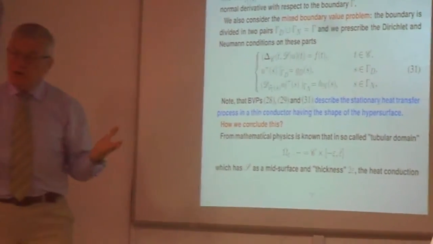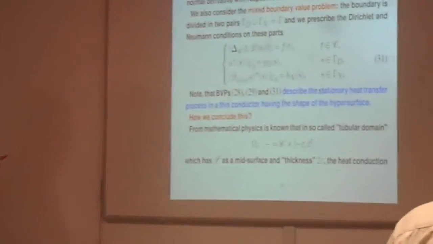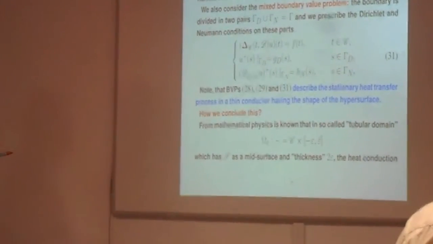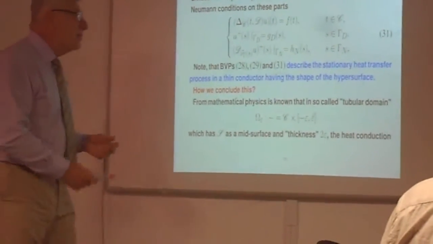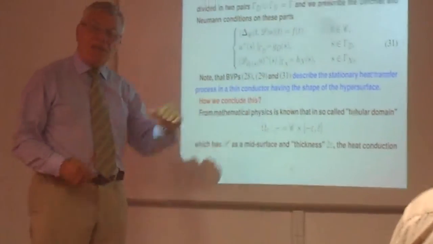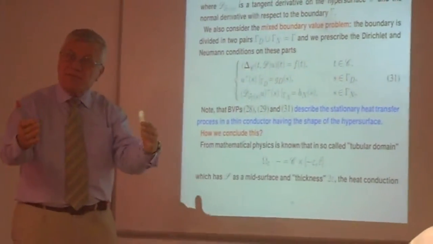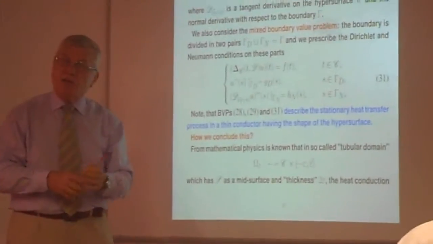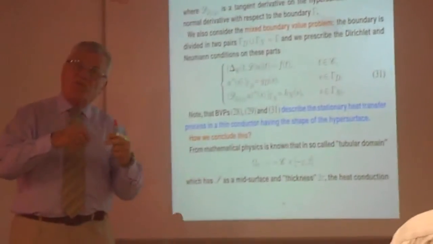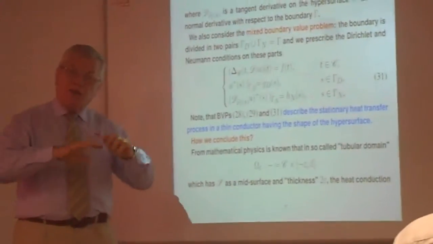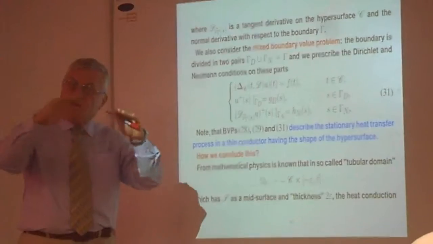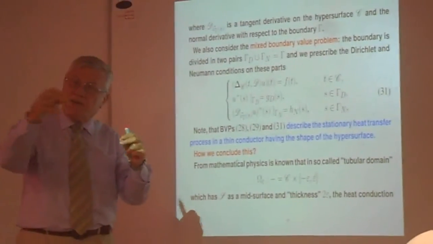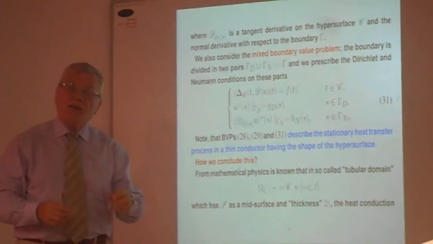And why do we need to consider such boundary value problems? These equations describe the heat conduction on this surface. You have some sources of heat on the surface, and you have some initial distribution of heat on the surface. You know the temperature at any point of the surface, and you look